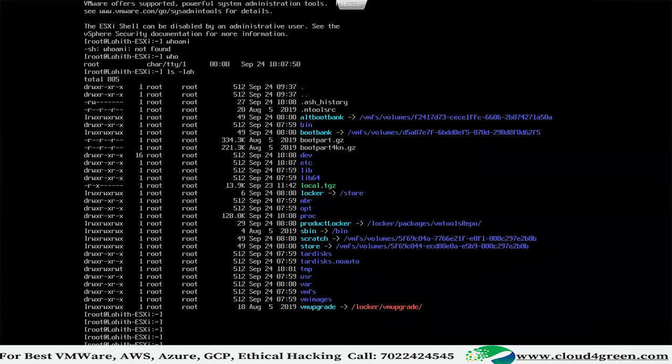I want you to practice this now. Open your console, make it full screen. Enable the ESXi shell. Press Alt plus F1. You will come to the command line. Go ahead.